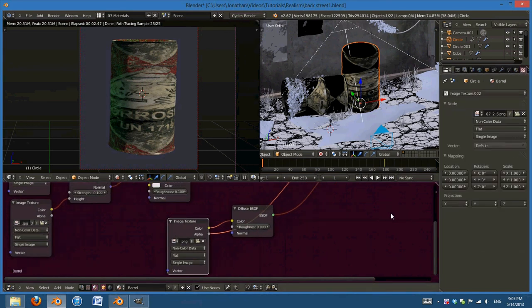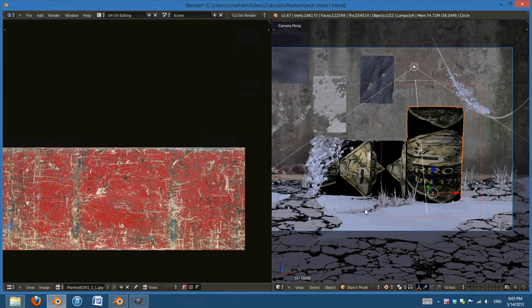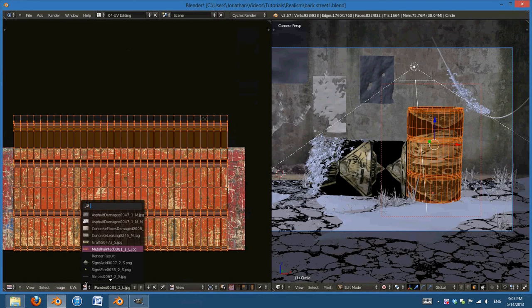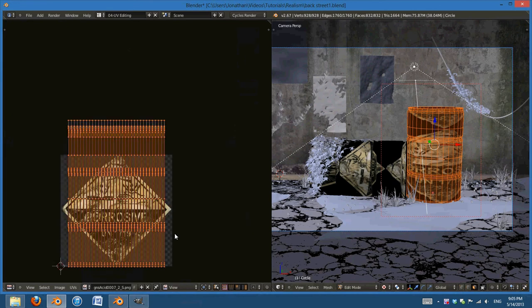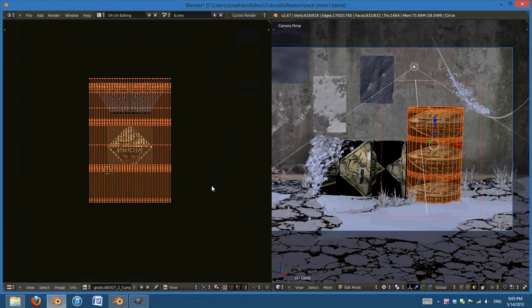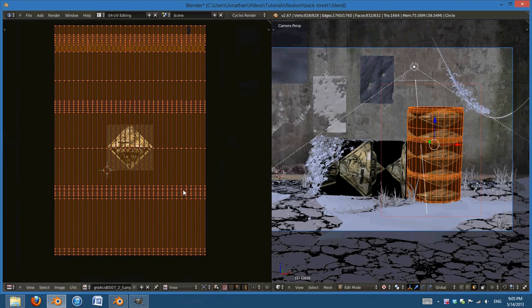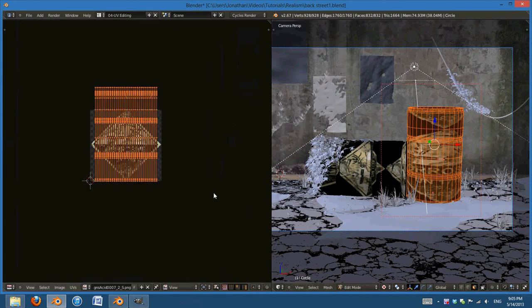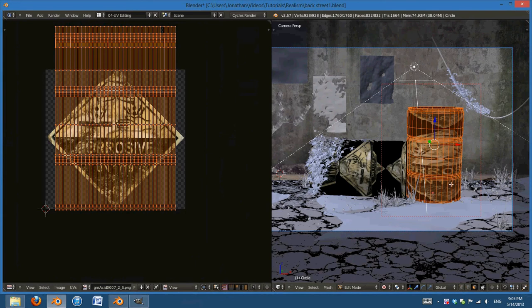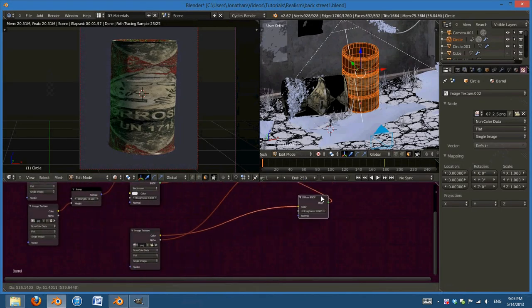So I don't want it to repeat any. I don't know how we can get it to not do that, but let's go ahead and unwrap it. So select everything with our acid sign there. We can just scale this up. Let's select everything this time. But we don't want to mess up that. So actually, sorry, what I'm going to go ahead and do is